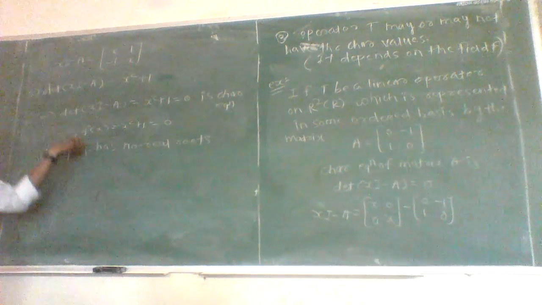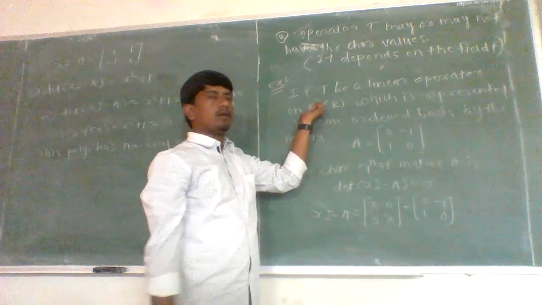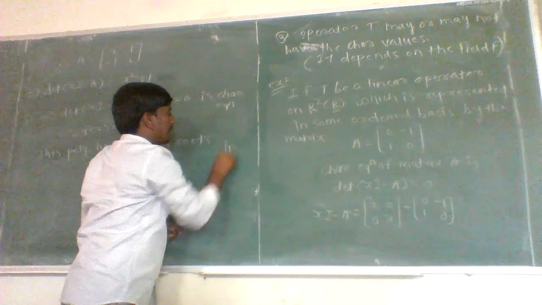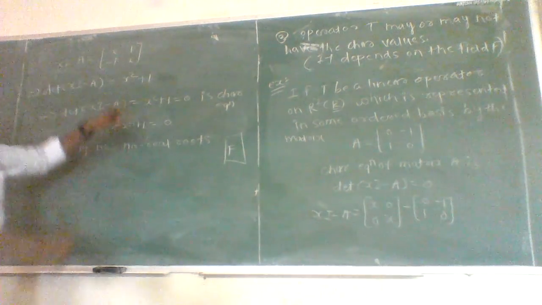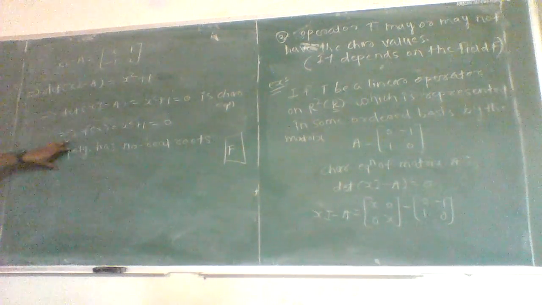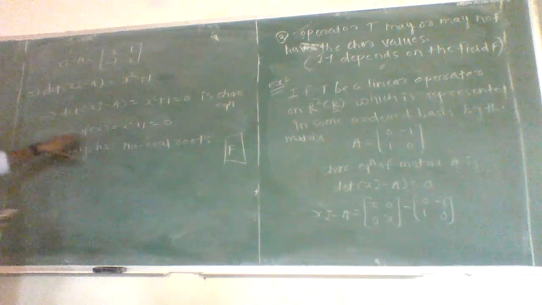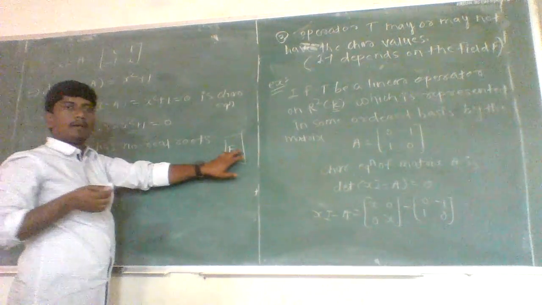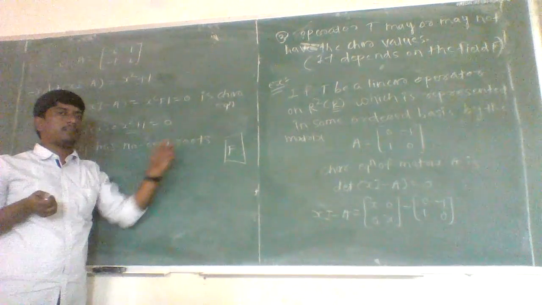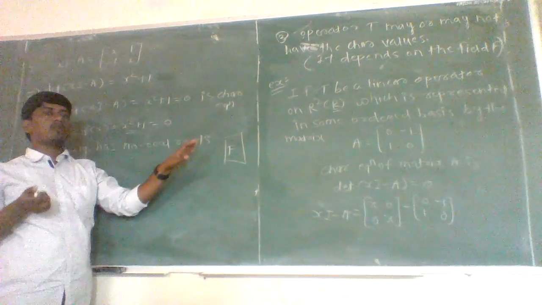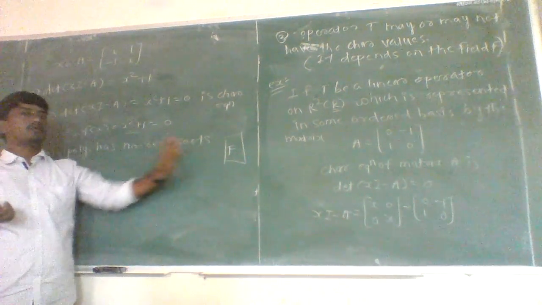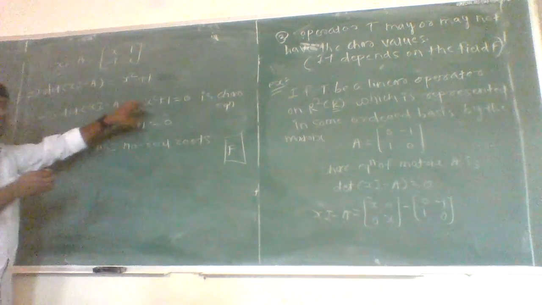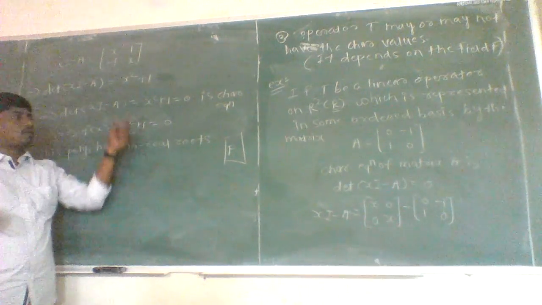As they have no real roots, and T is a linear operator defined on vector space R2 over R, meaning the field is R, our definition of characteristic value of a linear operator says that these eigenvalues must be members of field F. Any c belonging to F is called a characteristic value if there exists some non-zero vector alpha belonging to V such that T of alpha equals c alpha. But here c is not a member of field F, so these are not the eigenvalues of linear operator T,